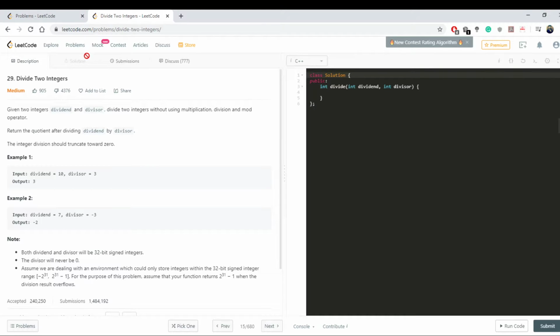Basically, what he did in the 15 and 3 case in the example was take 3, double it, and then double it again. So this is actually 3 times 2 to the power 2, and whatever's left after that is 3 times 2 to the power 0. It's 3. So this is what I mean by every number can be represented